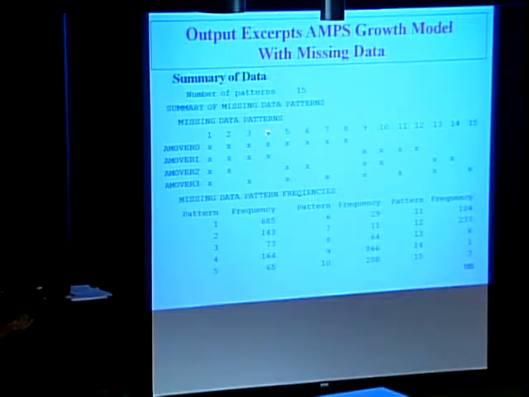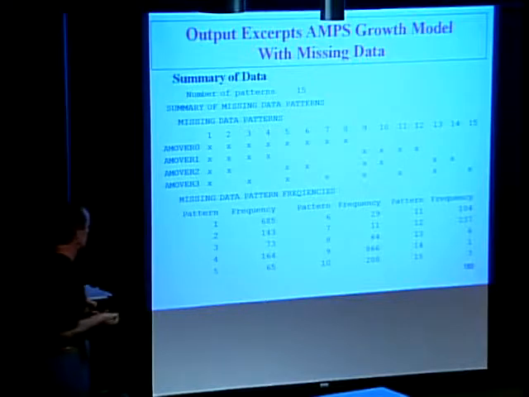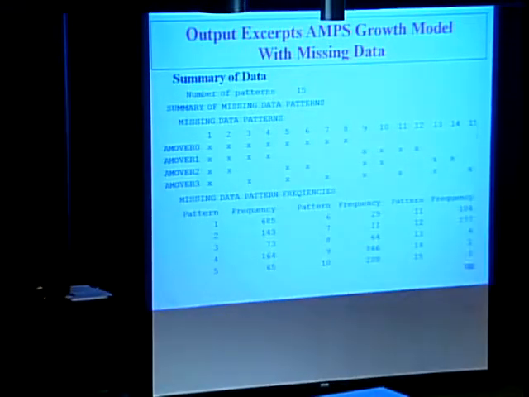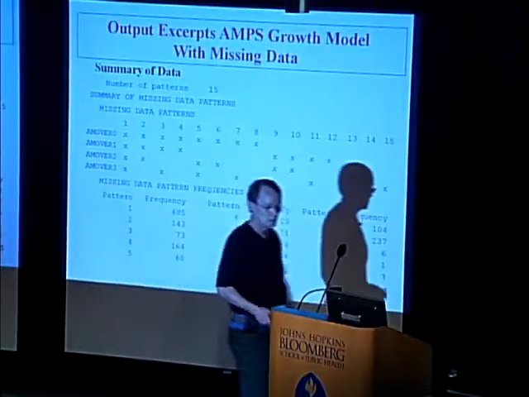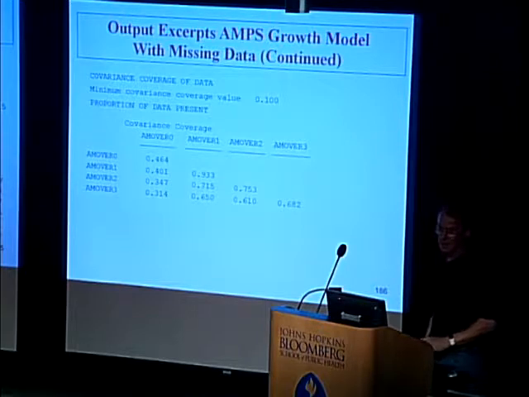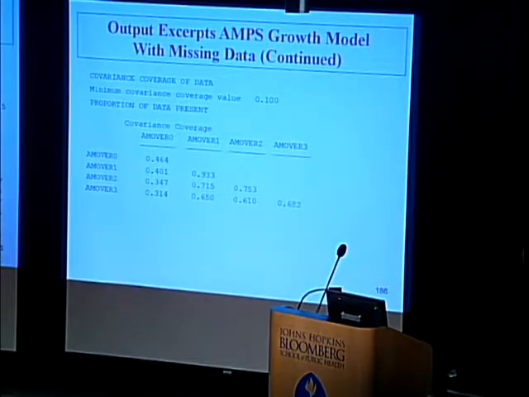Pattern 4 is, again, a dropout pattern. They drop out after the 2nd time point, and so onwards. So you get a feeling for which variables have missingness and what kinds of patterns are common in the data. So that's quite useful. And then you have this covariance coverage table,